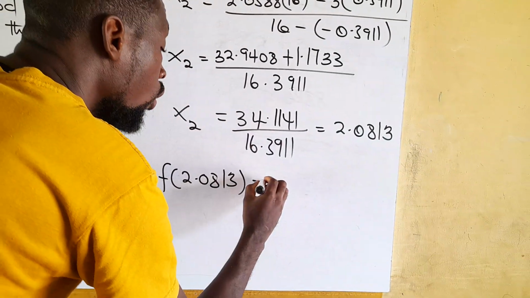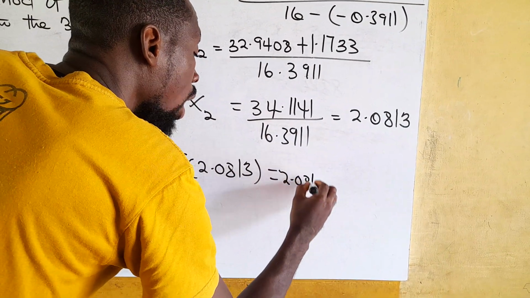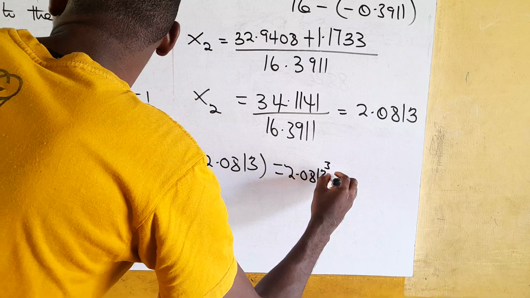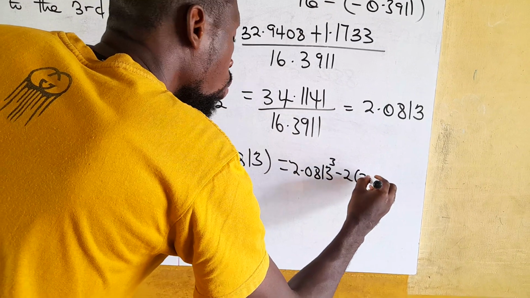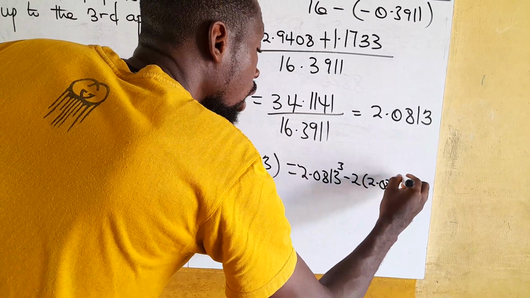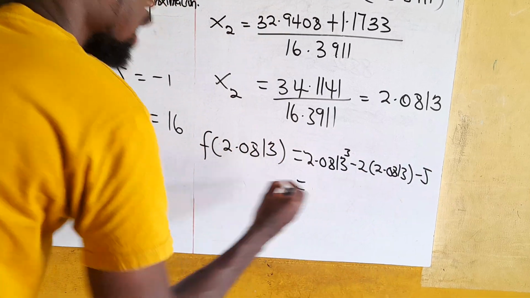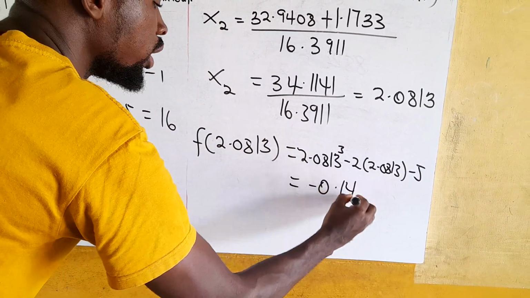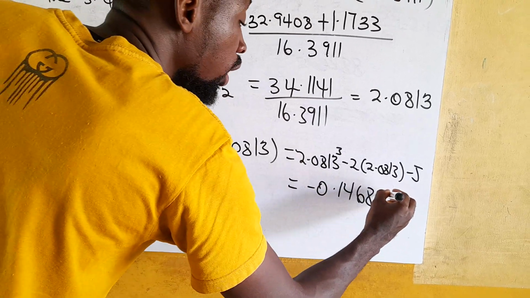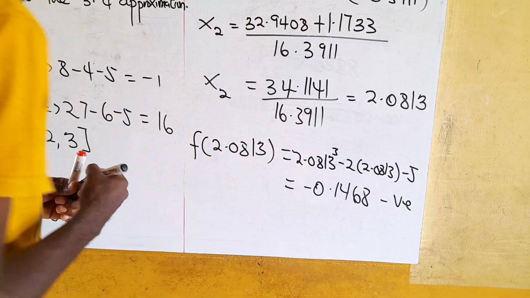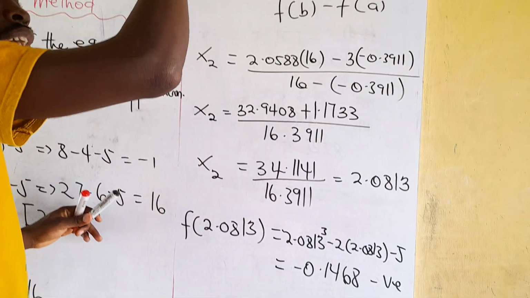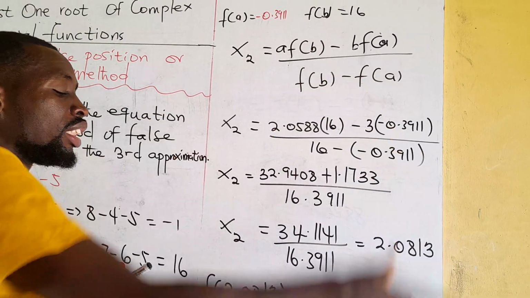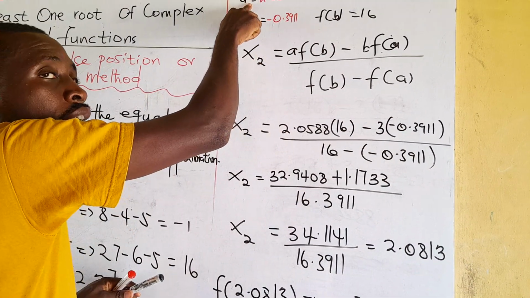So we have 2.0813 cubed minus 2 times 2.0813, then minus 5. That will give us negative 0.1468. It produces a negative outcome. So what happens? It will replace our interval that produces a negative outcome,